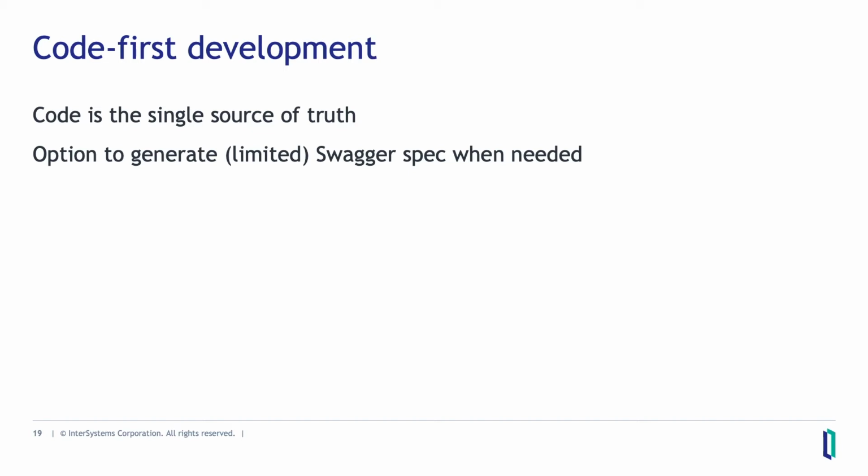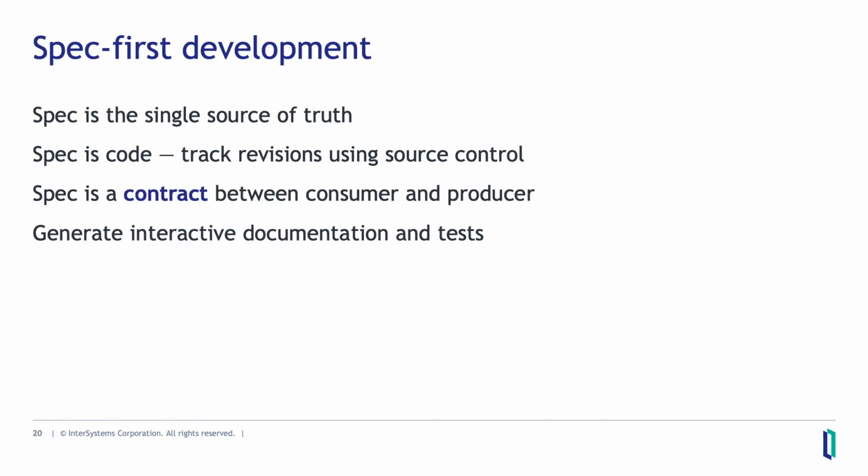With code-first, the code is the source of truth for the service. The Swagger spec exists as a byproduct of that, which can work fine for some relationships between client and server. But I hope you'll see and can appreciate the benefit of the spec-first approach, particularly for new API development in Iris. When you elevate the Swagger spec from just a mere design document or just, as I said, a byproduct